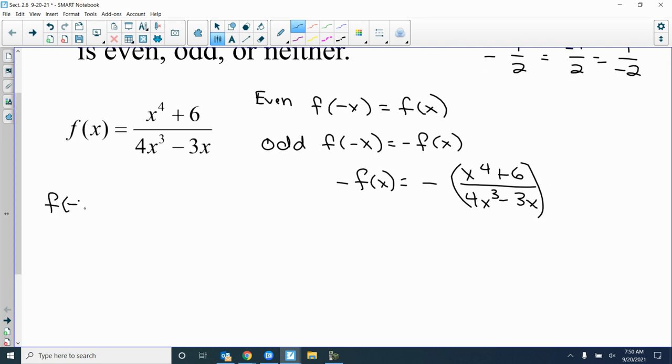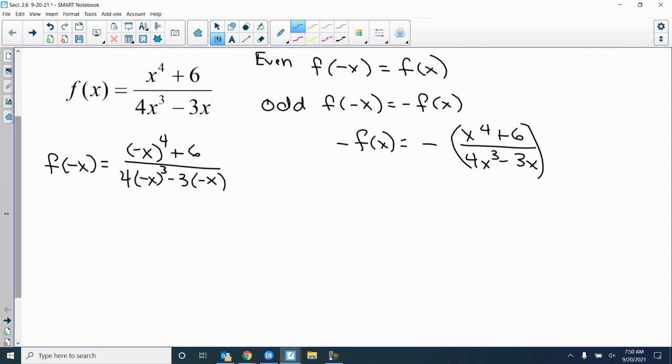f of negative x equals, everywhere there's an x, you replace it with negative x, and it has to be to that power, and then you got to simplify. So 4x cubed, we'll take that negative there, and then x gets replaced with negative x. Well, what is negative x to the fourth power? Anything to an even power is just going to come back as positive, right? So that's going to be x to the fourth